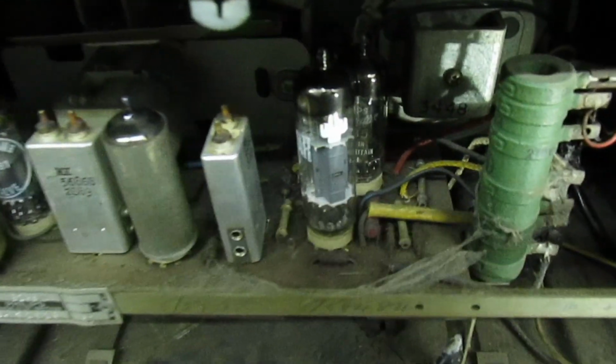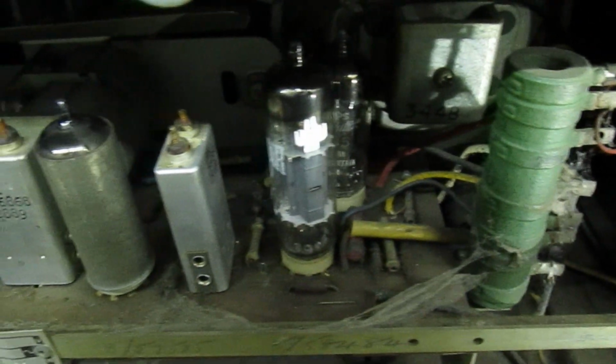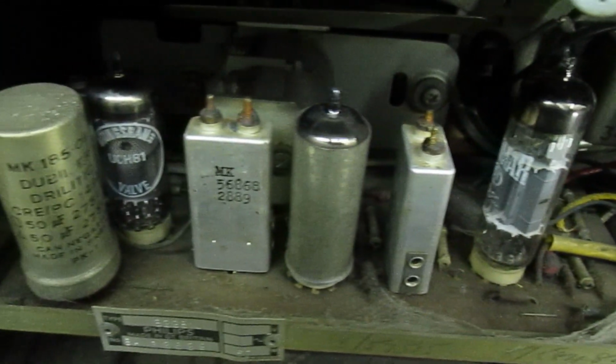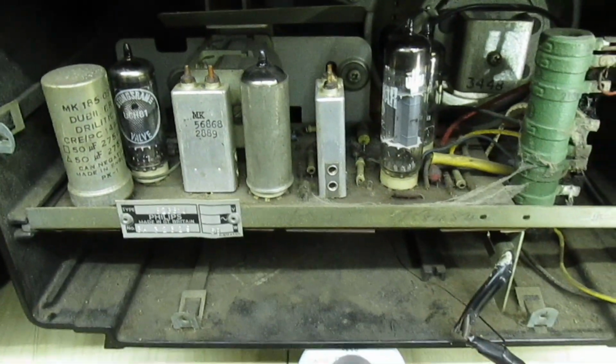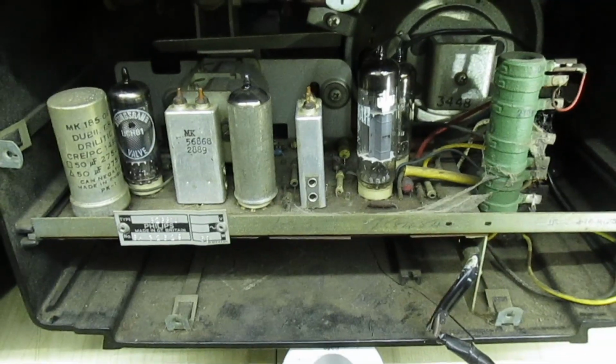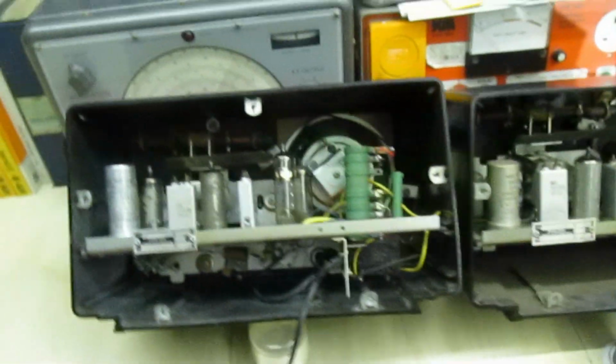Now if you look very closely, there's that much dirt on the circuit board, you can't actually see what value any of the resistors are. So that's the donor, that's completely untouched just as I got it. Now if we move over to the restored one,